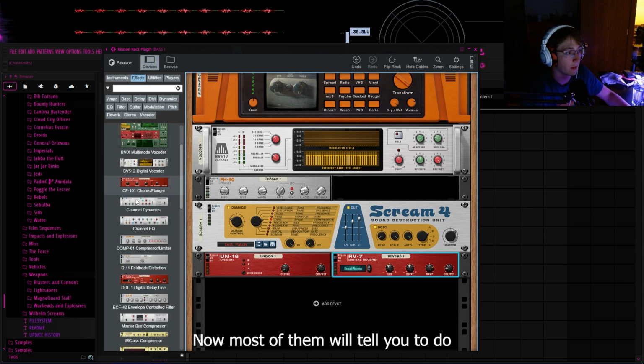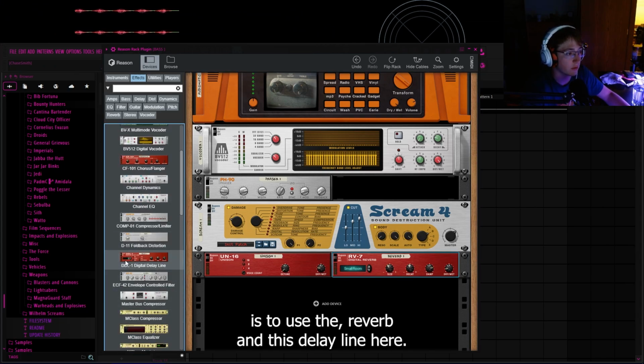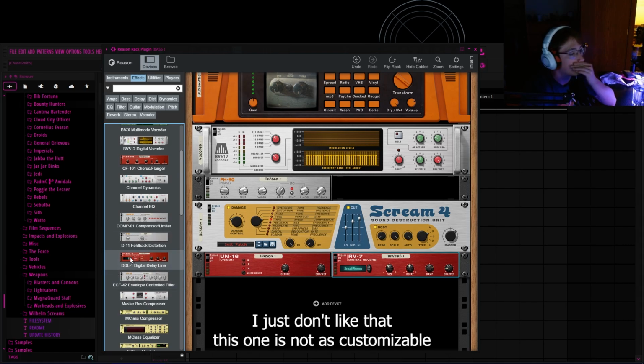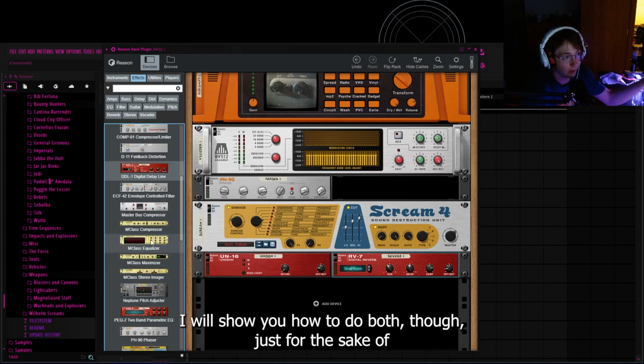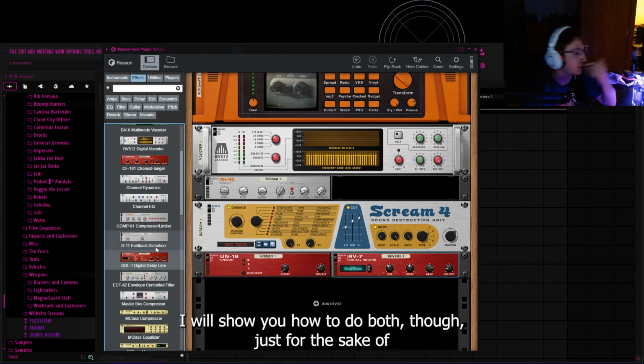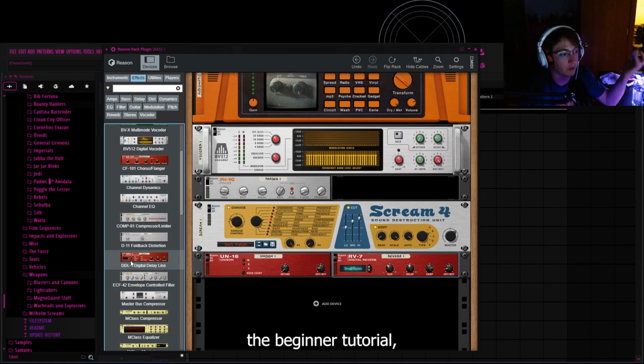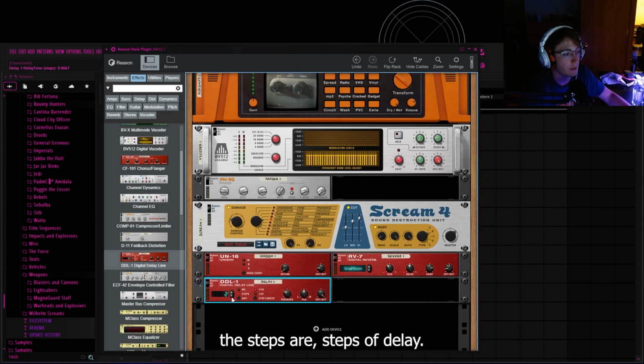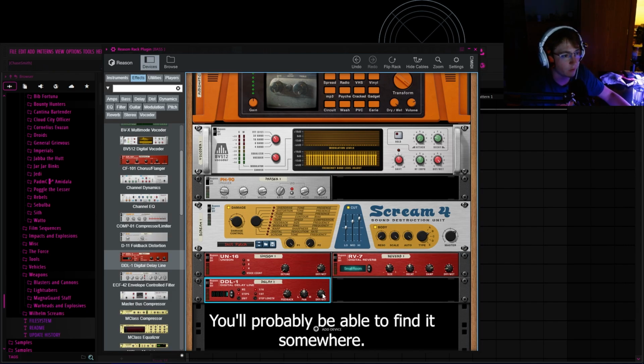All right, cool. Now what most of them will tell you to do is to use the reverb and this delay line here. You can use this one. There's nothing wrong with this one. I just don't like that this one is not as customizable as the other ones that are in here. I will show you how to do both though, just for the sake of the beginner tutorial. Add this one on here. The steps are steps of delay. You'll probably be able to find it somewhere, but